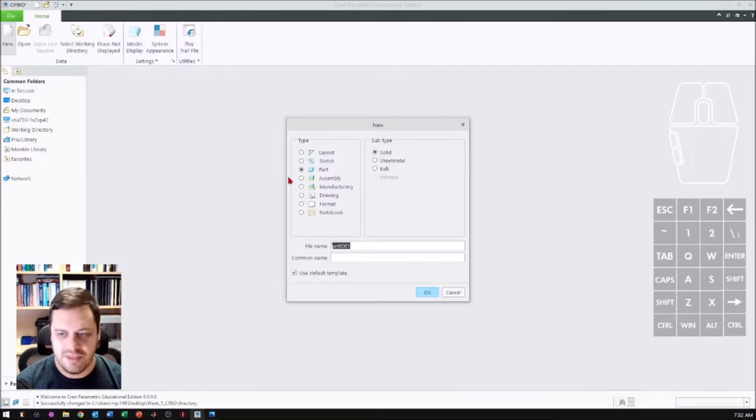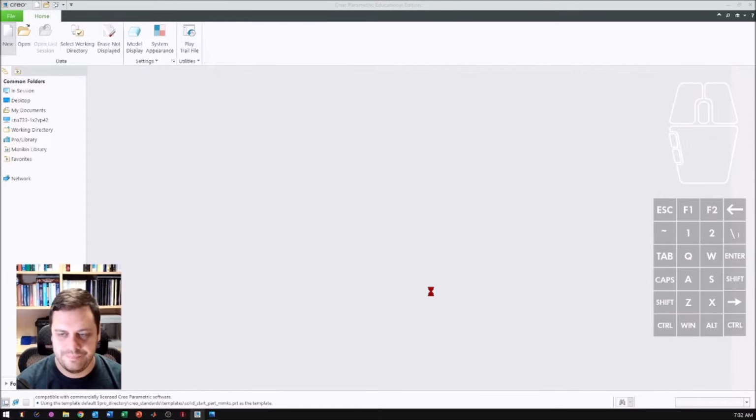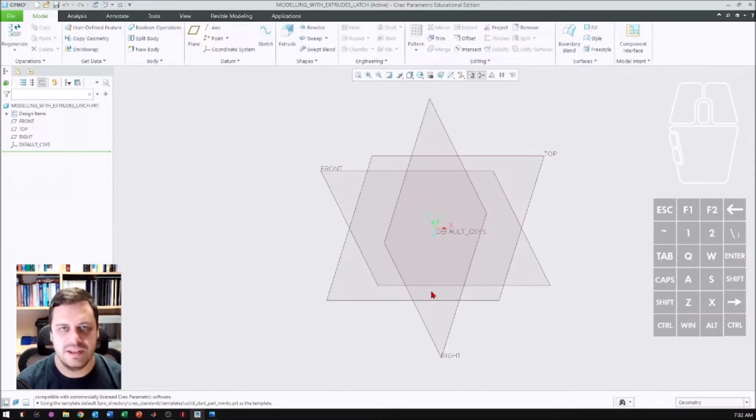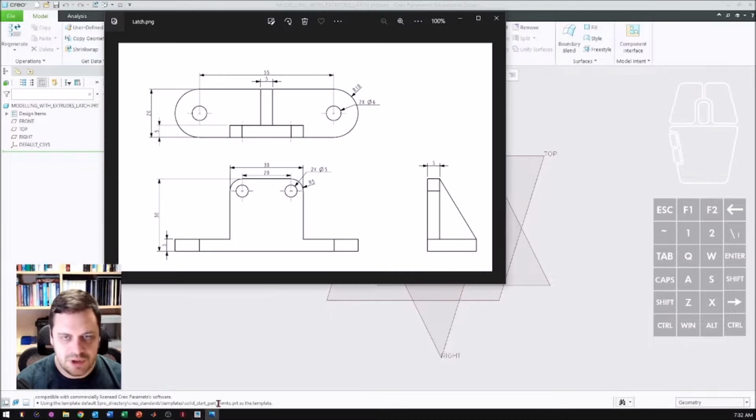And now I can create that new part. So it'll be modeling_with_extrudes_latch, and then we can go OK, and then it should pop up the planes like this, and we're ready to go. So if we come back through and bring the part back up, so what I'm going to do is